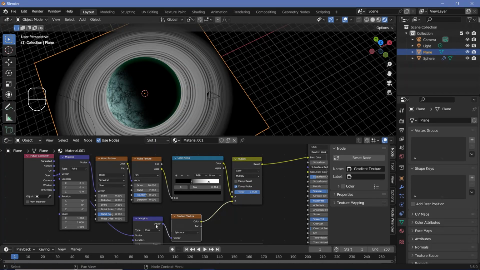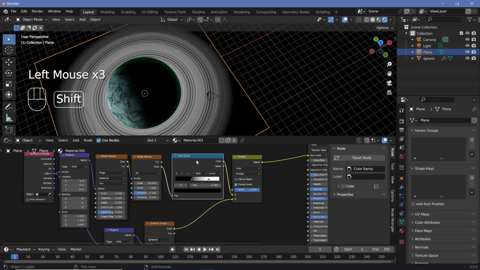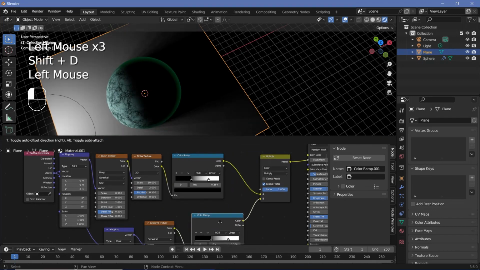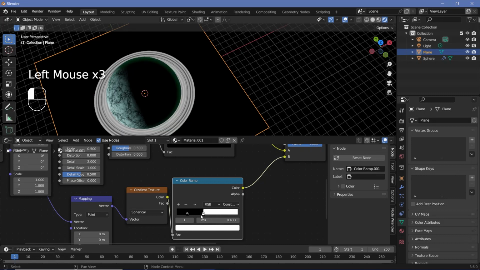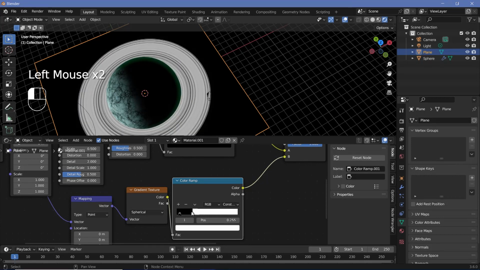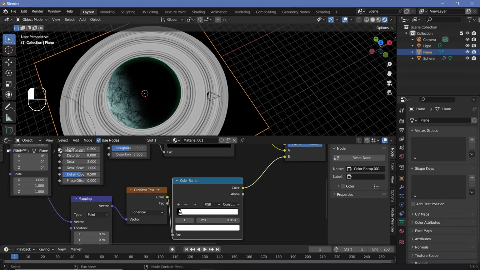Again, for better control, we're going to go ahead and take this color ramp and press Shift D to duplicate it and plug it down here. And this time we're going to change this from linear to constant, and then we can just bring these sliders in till we get what we want. So obviously I want there to be rings till about this edge over here, and then I'll press Control click